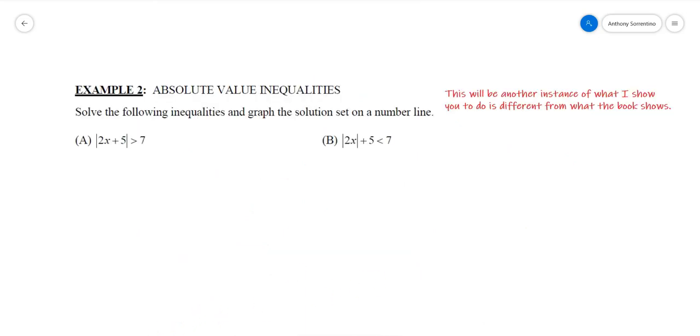So as I start with absolute value inequalities, you're going to see that this is another instance where I'm going to show something a little different than what the book shows. I'm using a method that the book will eventually resort to when I start getting into polynomial inequalities and other types of inequalities later on in the course. I choose to go to it now because